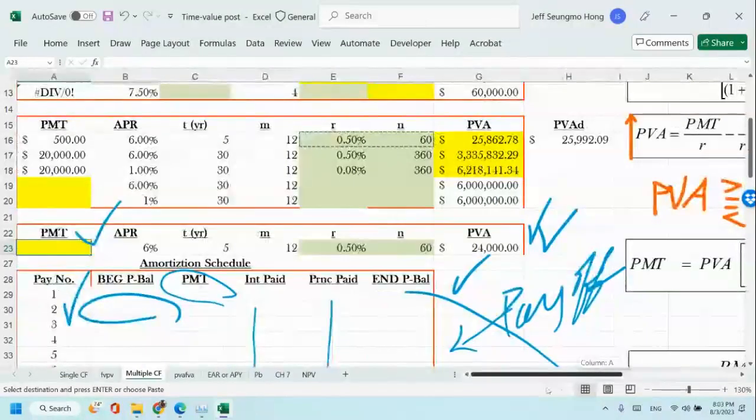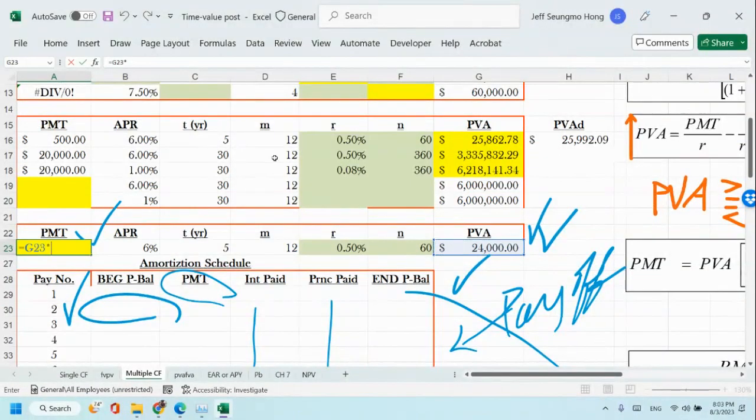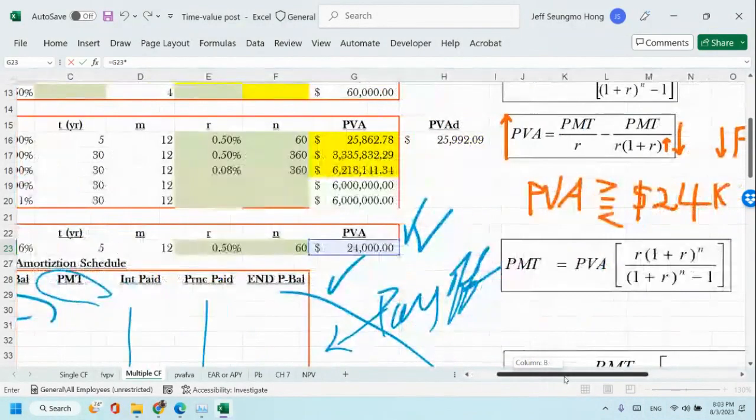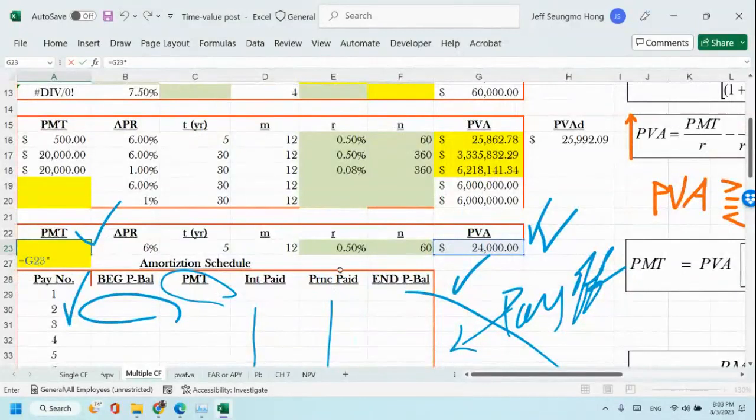The formula is PVA, that's your original principal, times R times (1 plus R) raised to n, over, open parenthesis, (1 plus R) raised to n,